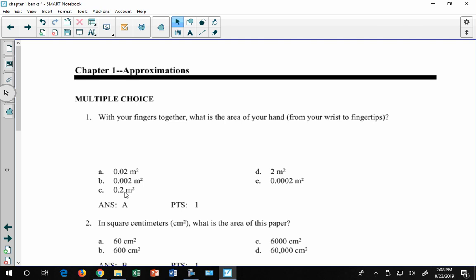So for example, here with your fingers together, what is the area of your hand? And when I was looking at that, I was thinking, well, your hand is approximately 10 centimeters across, and it's approximately twice that long, right? Your hand is about twice that long. So then that would give me 200 square centimeters. You follow me? About 10 centimeters across, 20 centimeters down, and so that would give me 200